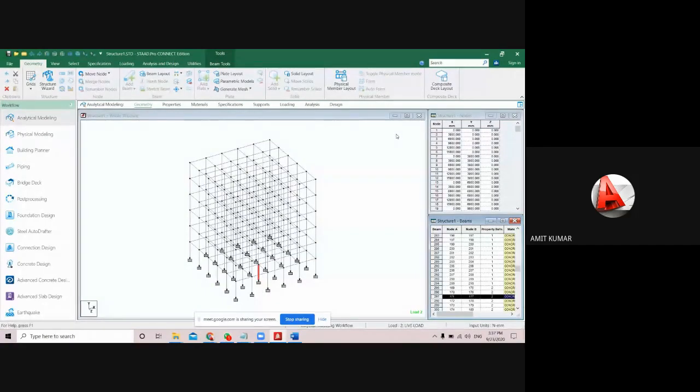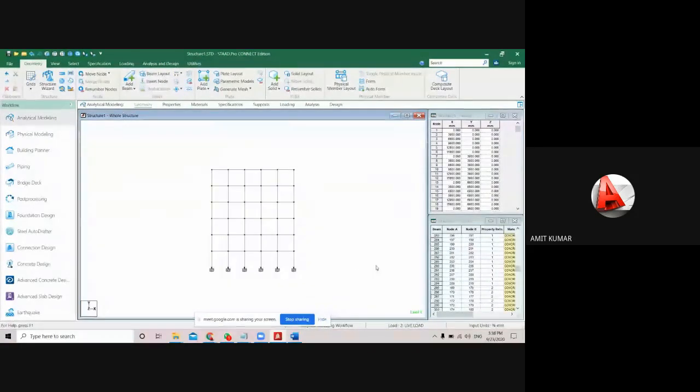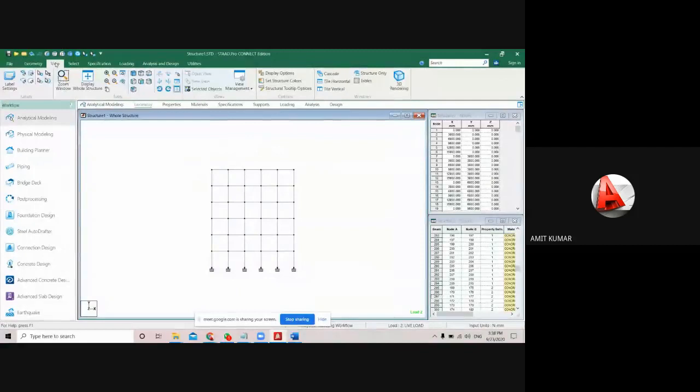So for that, you have to either increase the column size or decrease the reinforcement. So mostly we increase the column size for the safety factor. So you can do this. Just change the column size of the bottom column only, and one more thing you can change for everything, for all the beams also. So here I'm just going to increase the size. You can increase the size for the bottom column also. That means you have to define one more column size.